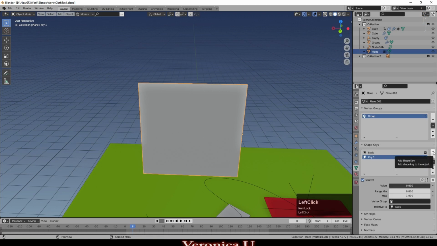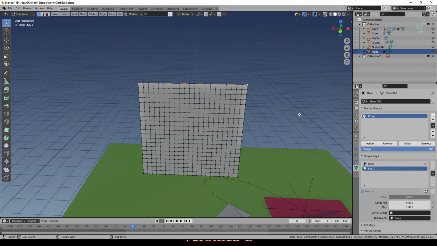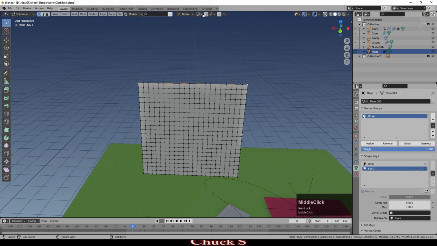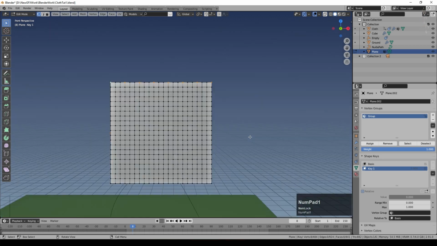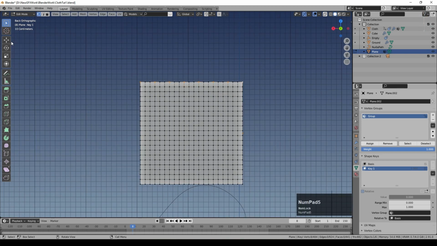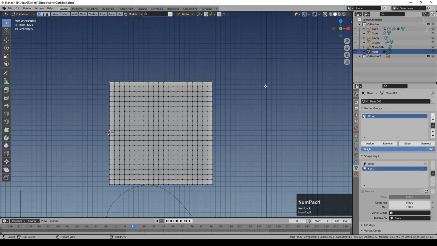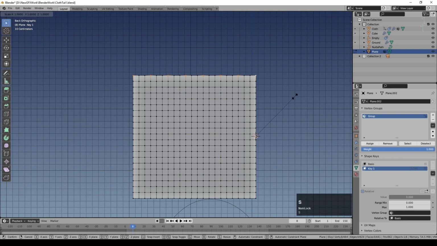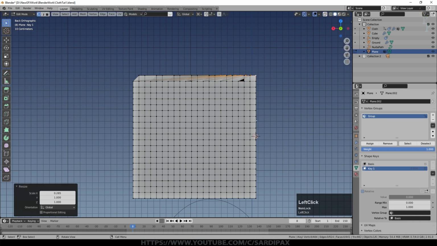Then click it again, and this is now key 1, and we'll go into edit mode, and we'll scale on the X. Now if I just do that, they're going to scale in towards the center. So what I want to do is change where we are scaling to. I'm just going to go into orthographic mode to make things a little easier, and I'm going to put the origin just there. I'm just checking its level, and then we'll change how this works, and we'll say to 3D cursor. So I'm now going to scale on the X, and you notice all those vertices at the top are heading back towards the right hand side. I don't want them to be on top of each other, but much closer together, somewhere around there.